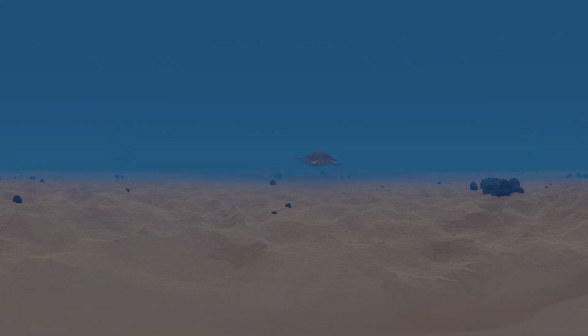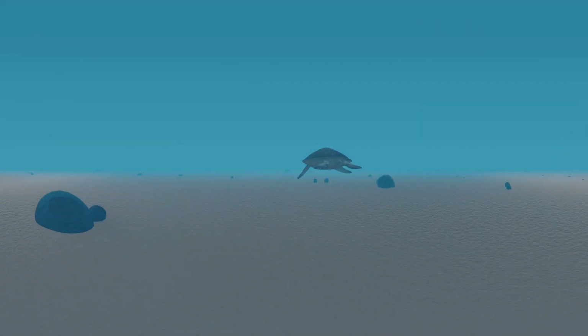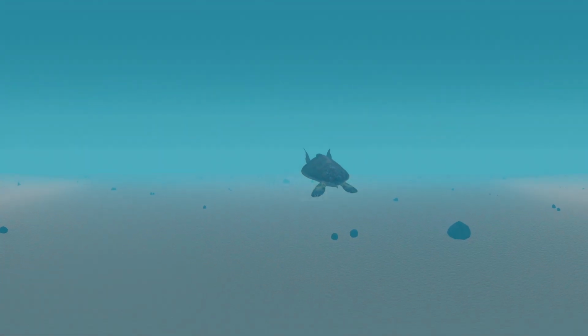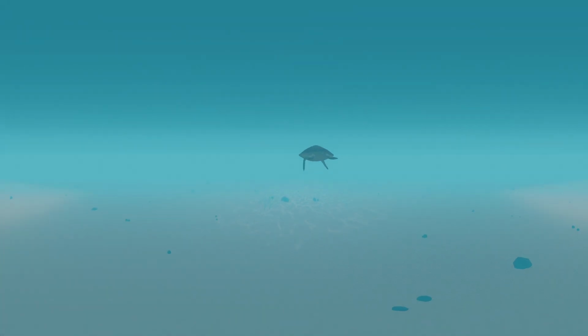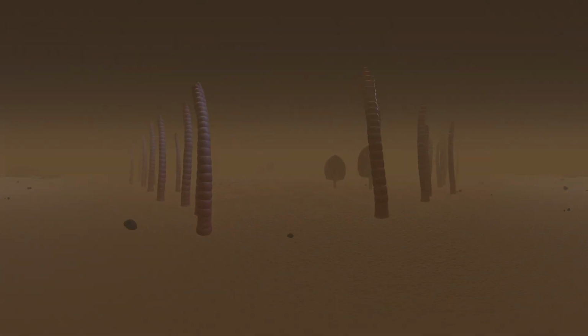Today I'll show you how I made this underwater effect in compositing without using the principled volume. One of the biggest challenges for my short film was the underwater effect and how to achieve the variation in ocean color and fog density throughout the video in a tracking shot with no cuts.